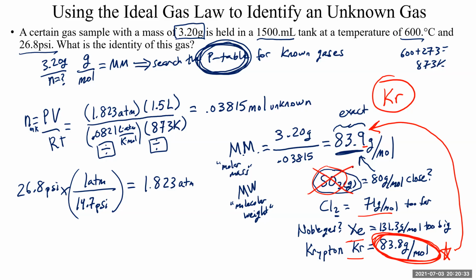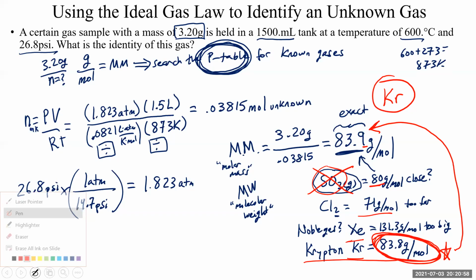It turned out not to be sulfur trioxide. Sulfur trioxide would be a good guess, but krypton's even closer. So get as close as you can. It won't always be exact. Sometimes there'll be a little bit of play, plus or minus 5% in the measurements. Don't worry too much about that. Just pick the closest value. It's never going to be so close that it'll be genuinely ambiguous for you to figure it out.